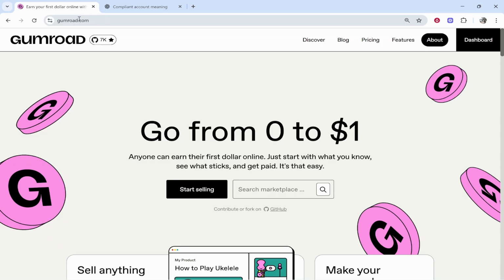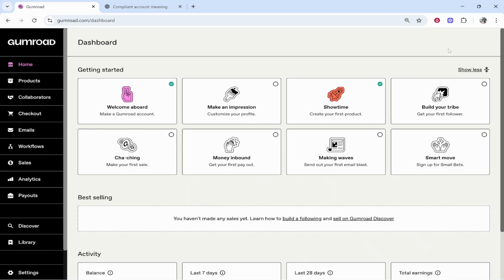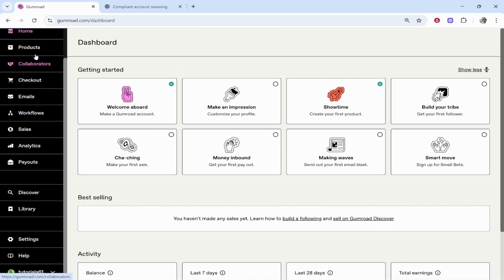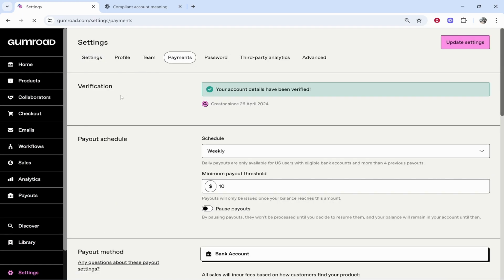So I'm logged on to Gumroad and I can go to my dashboard in the top right hand corner. Now, once I'm on my dashboard, we're going to see some achievements. We don't need to worry about any of these though. We want to go to the bar here on the left and go to settings. Once you're in settings, you can then go to payments, and then inside of payments, you're going to have some